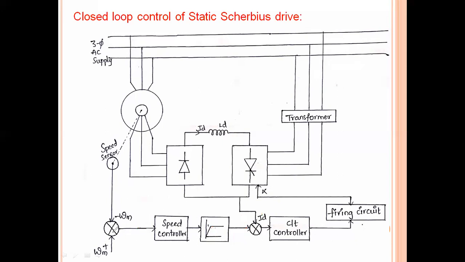And second case, if this speed error is negative, that means the motor is working with a speed of, let us say, 1200 rpm. Now we want to decrease this 1200 rpm to 900 rpm only. So in the set value we keep 900 rpm here, but actually the motor is running at 1200 rpm. So the generated error will be negative error. A decrease in this reference speed omega m star produces a negative speed error here.